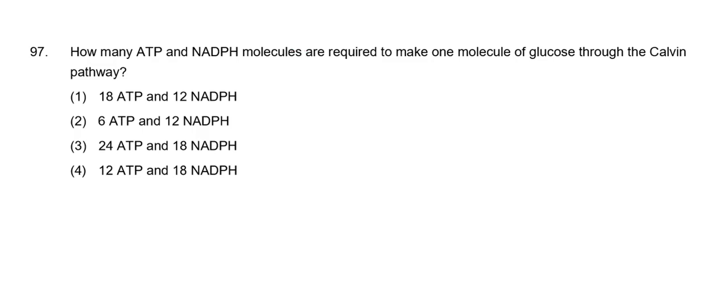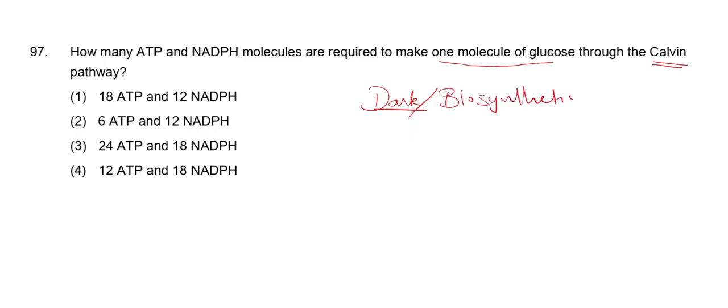97th question. How many ATP molecules and NADPH molecules are required for making one molecule of glucose through the Calvin pathway or Calvin cycle? This is a very easy question. You should remember the dark reaction of a Calvin cycle. Dark reaction, maybe next exam we might expect a question like dark reaction is also called as